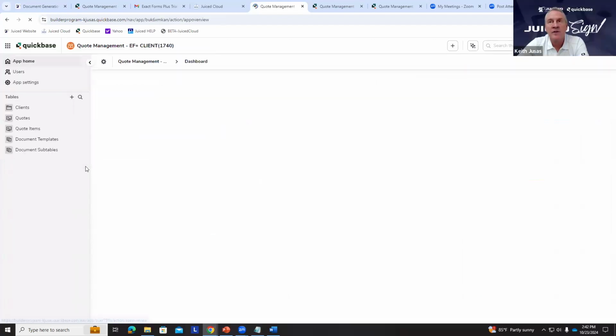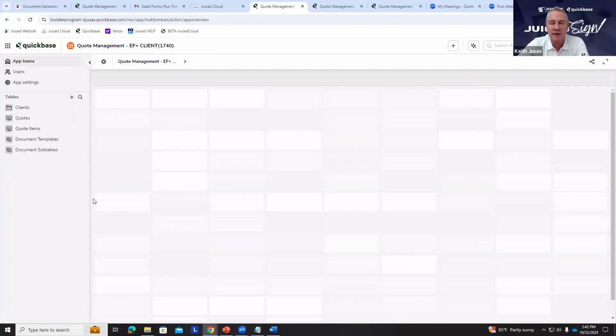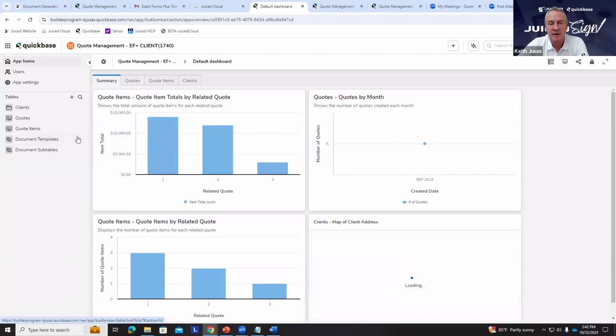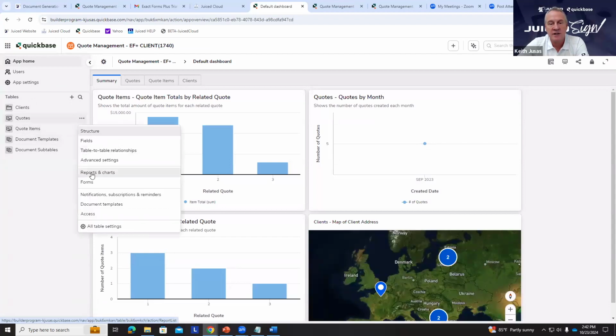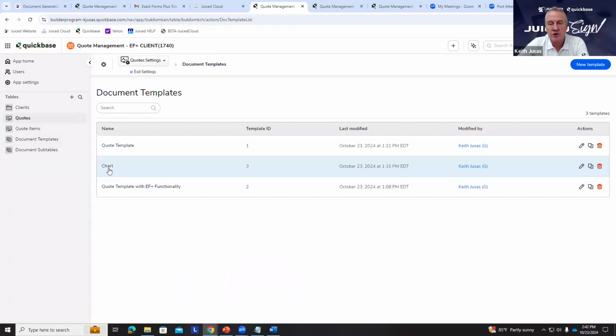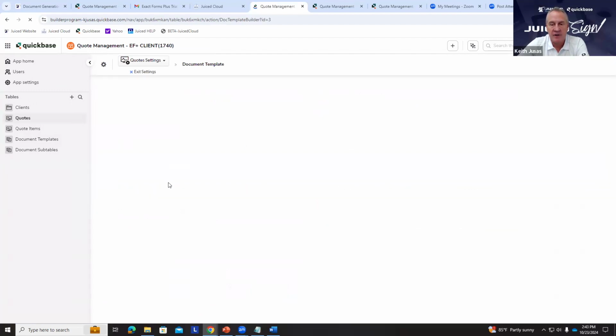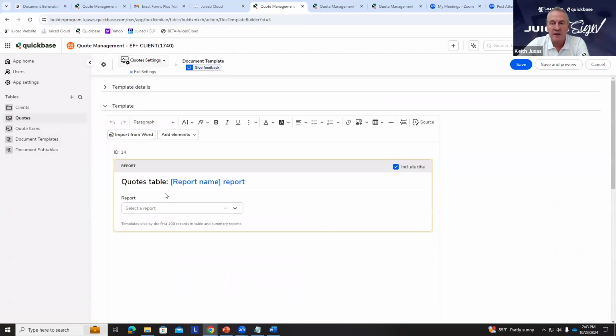Yeah, because what we do is we create a separate template with just the chart in it. So if you go to, here's the chart, right? And it has template ID 3, native template ID 3. The only difference is, so you drop that report right on there. The only thing you need to do is right above it, you put ID 14, and 14 is the report ID of this report. So if we went back to this report that's underneath the quotes table,